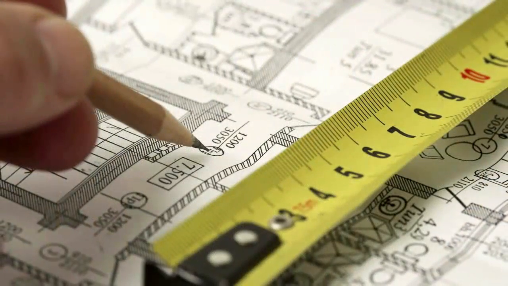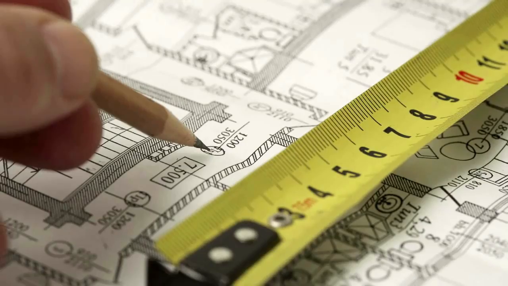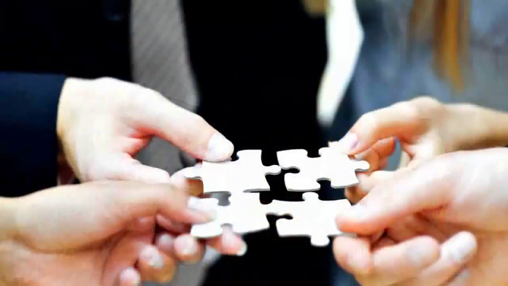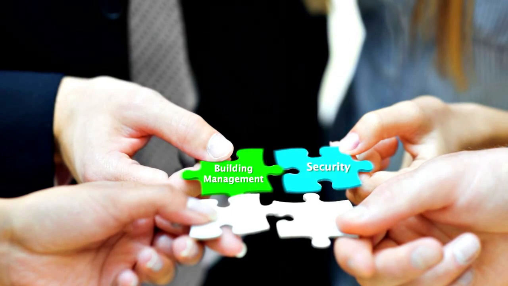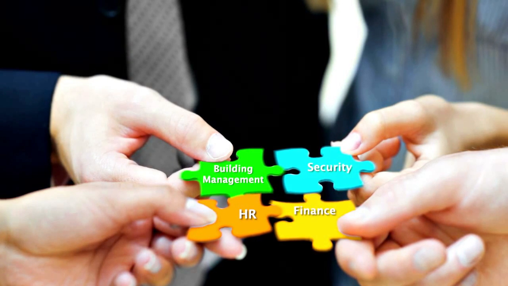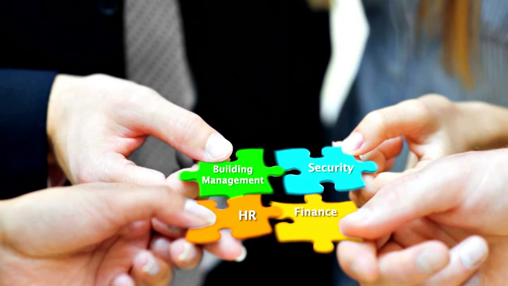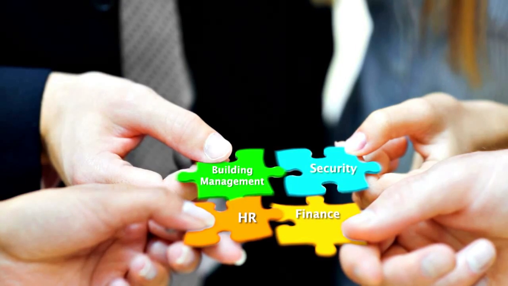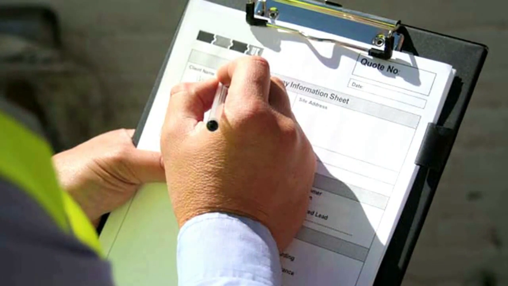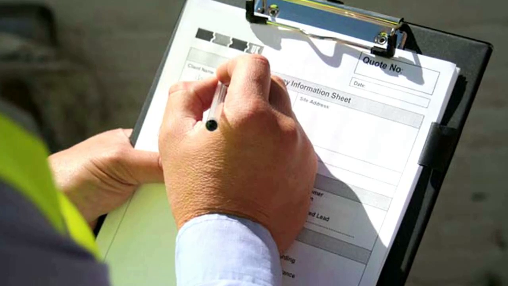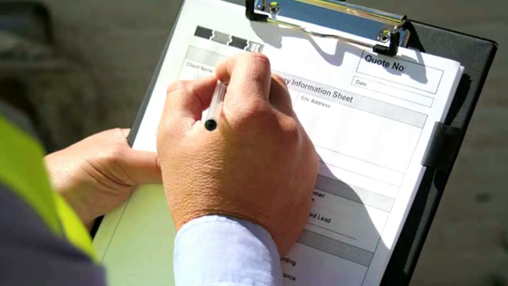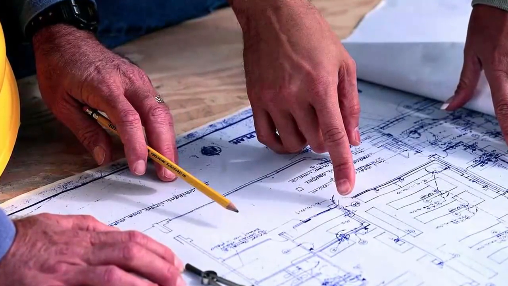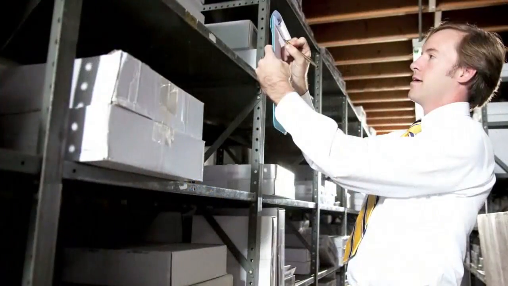A team should be dedicated solely to managing reconstitution. Representatives from building management, security, human resources, and finance all need to come together to plan, monitor, and help execute the successful reconstitution of your organization. Staff on the reconstitution team may help with initial damage assessments and provide an evaluation of damaged inventory. They may also take part in ensuring that the new or repaired facility meets the needs of the organization, that all the equipment and supplies are available, and that the building is safe and ready for re-entry.